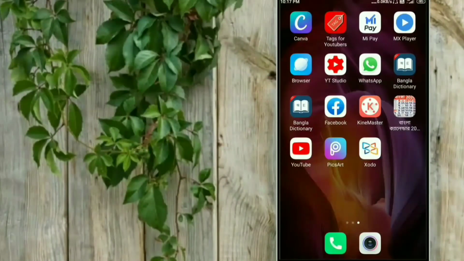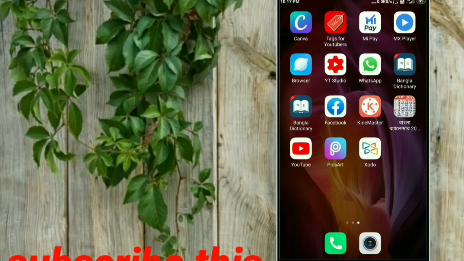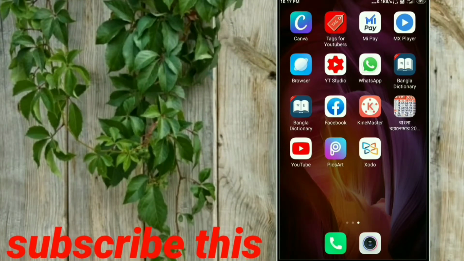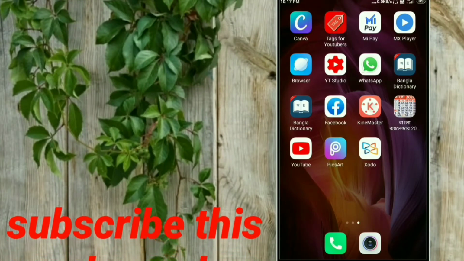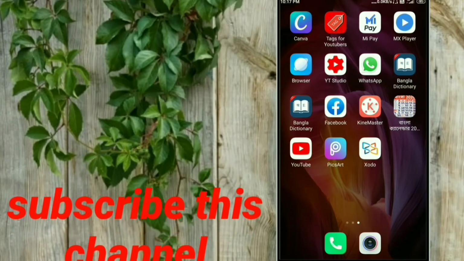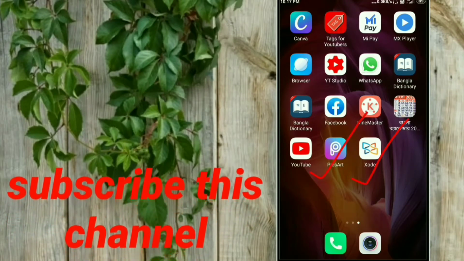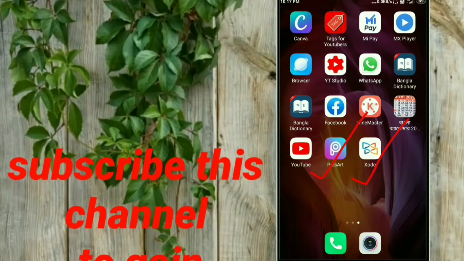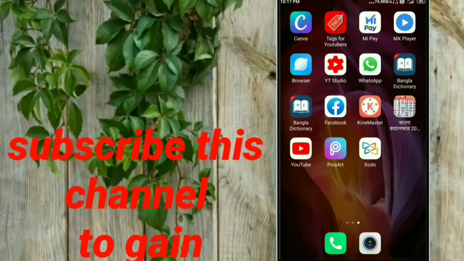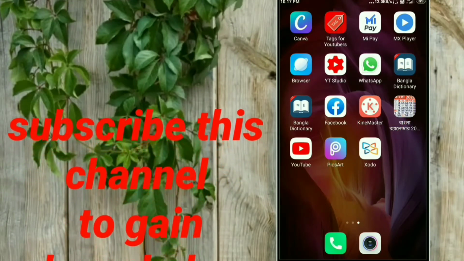So friends, in order to create a movie poster link, you have to install two applications from the Google Play Store, and the two applications are PicsArt and Exodo. You can see these two applications here. Okay, so before editing this, you have to open your YouTube application,